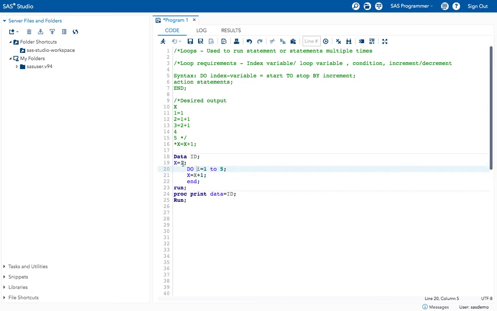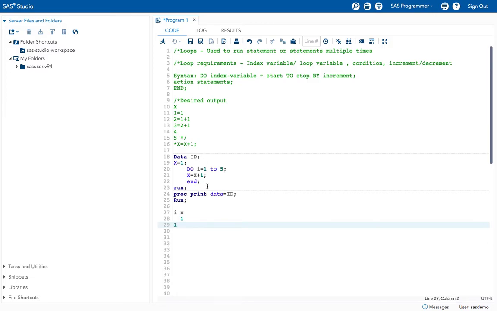For learning purposes, just write it like this. I will get an answer like this. First take I, the index variable that I have taken, and x is the value that I already have. Now see how the execution takes place when I start this program. At first I is nothing, and the x value is 1. Then I have do I equal to 1, which means the value for I is 1.